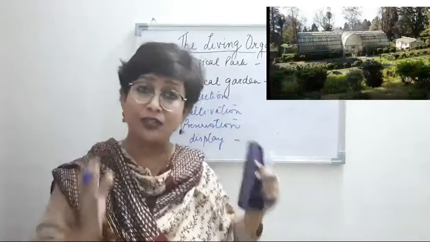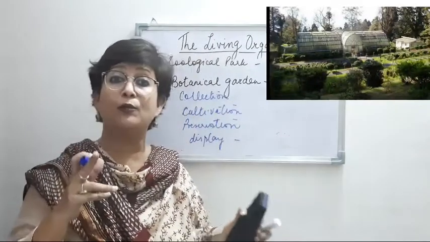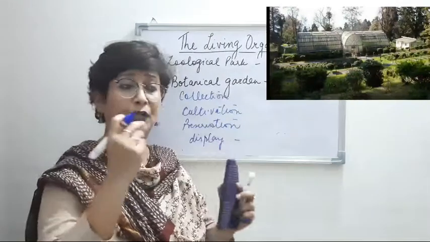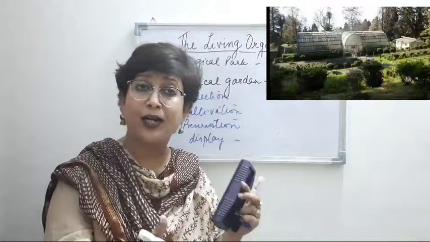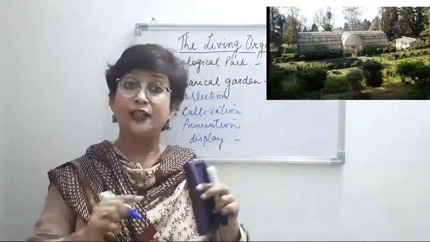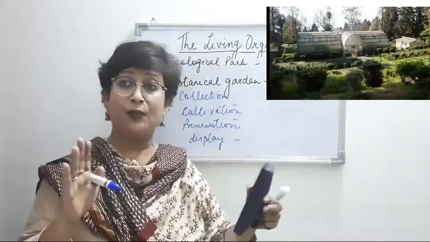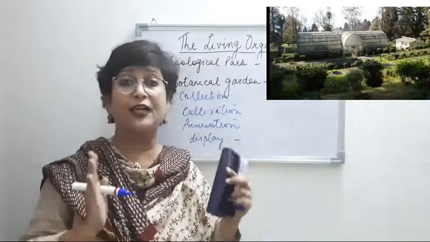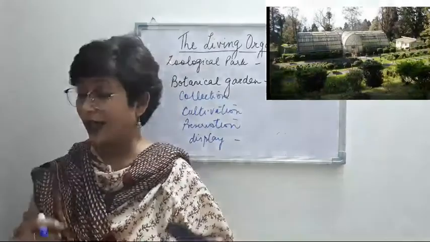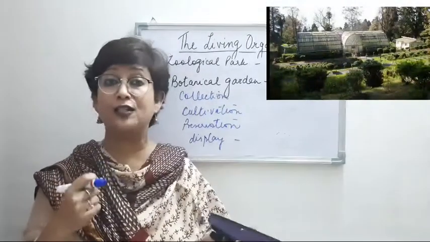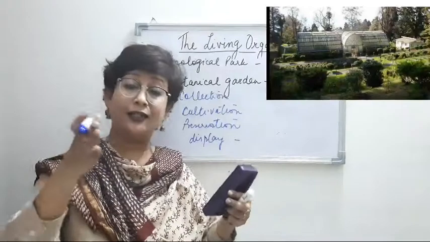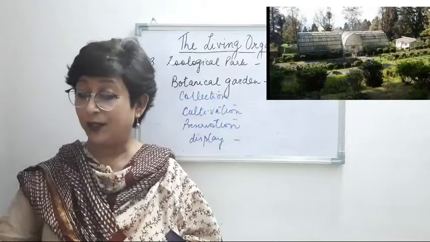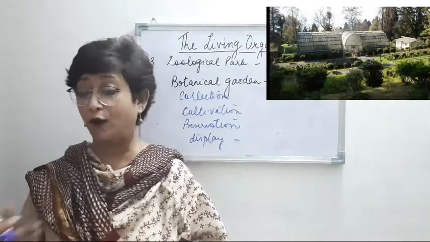Apart from just the plants, you will also come across greenhouses in the botanical garden, right? Greenhouses to maintain a particular temperature. There are certain types of plants that are kept only inside the greenhouse. Then there are shade houses. Maybe there are certain plants that require a lower temperature, not too much heat, so they are kept in those shade houses, right? So that is how these plants are preserved, the habitat is known, and that natural condition is tried to be provided to these plants, so that they can be cultivated and preserved for long, right?